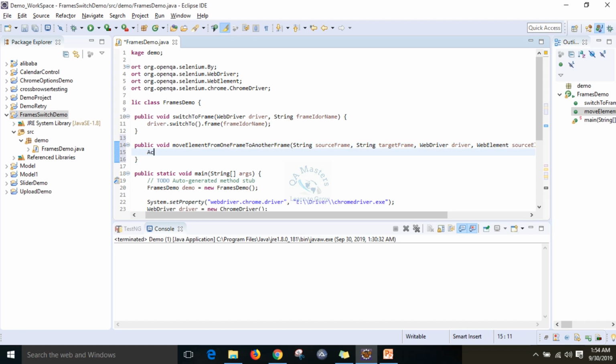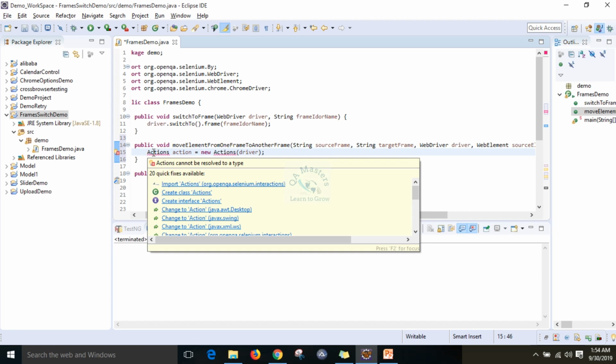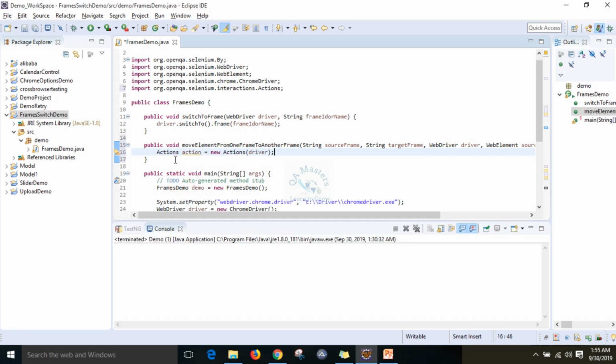So first you create action equal to, so it must be new Actions of driver. Okay, so you can import the Actions class. Then